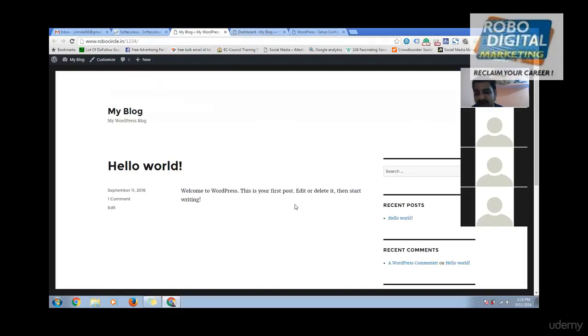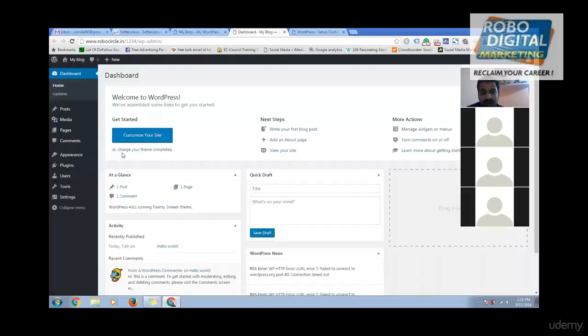Nipun says, I'm seeing a lot of difference in free WordPress page and paid page. Yes, Nipun, you will find, because in the free one, you cannot do a lot of things. Like you cannot add functionalities, you cannot upload paid themes. But in the paid one, you can have a huge functionality over there. That's very correct, Nipun. And I have talked about previously the free one and the paid one.